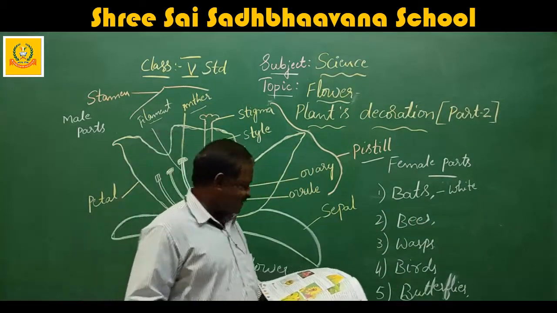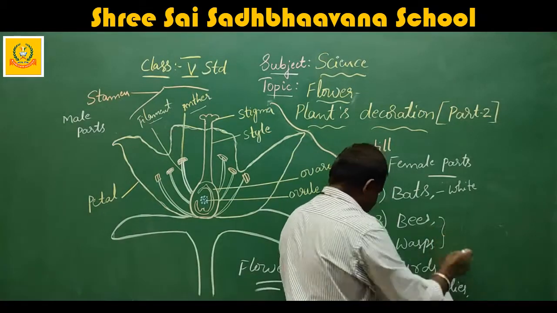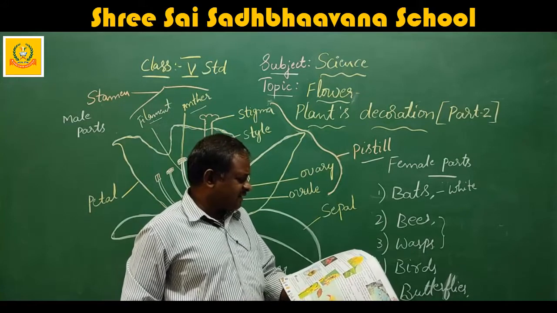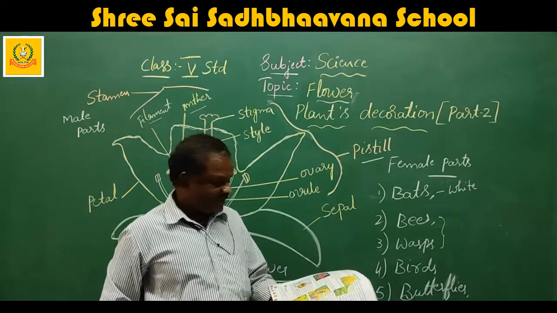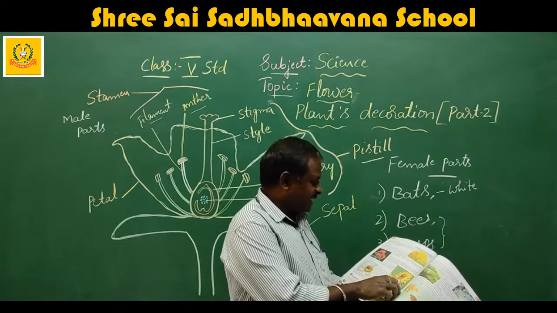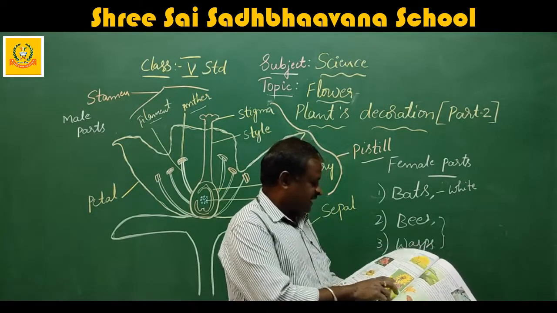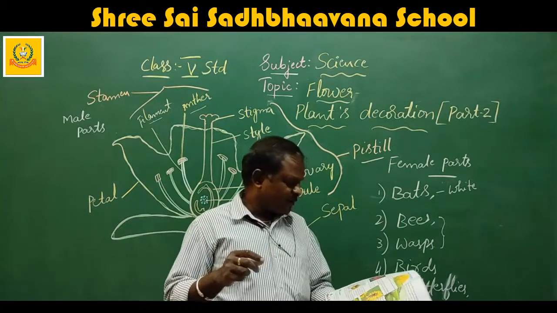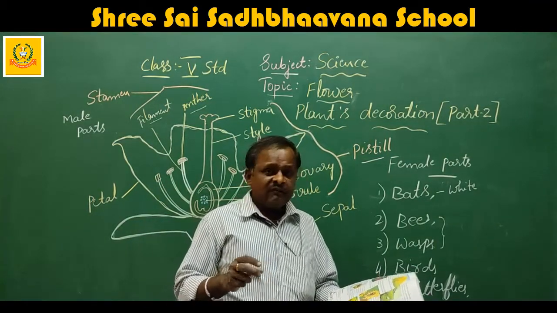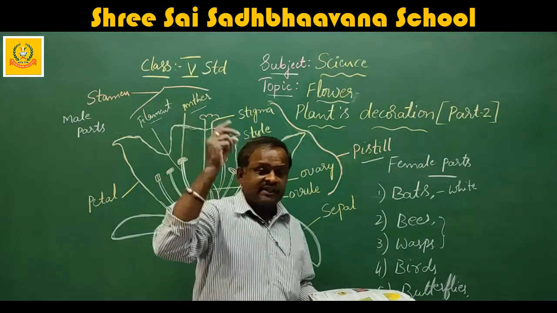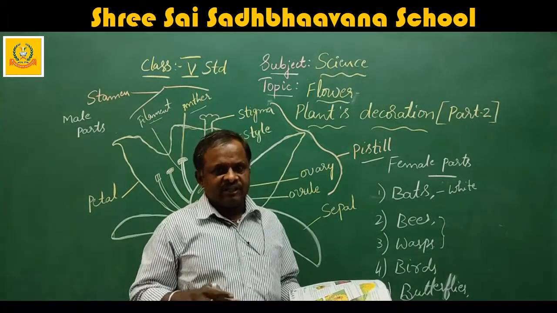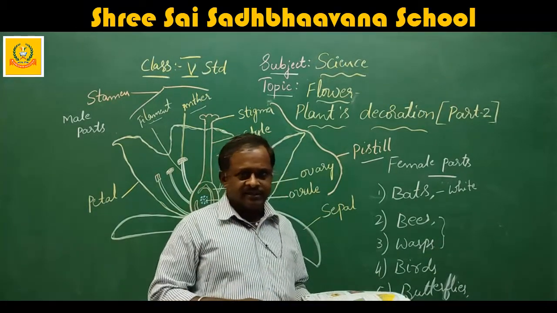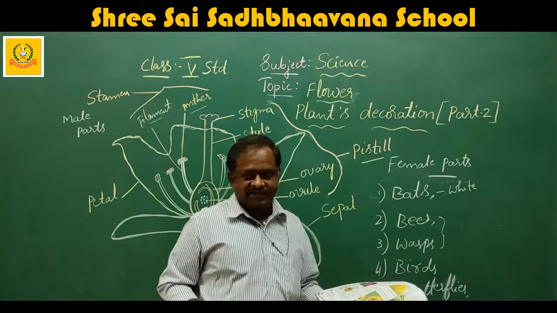Next, bees and wasps. They have very high energy needs and go for perfect flowers that are brightly colored, full of nectar and aromatic. That means they need nectar more. What will these bees do next? They will store it as honey. The nectar is converted into honey, and we use it.